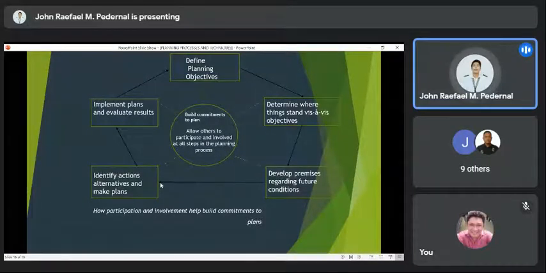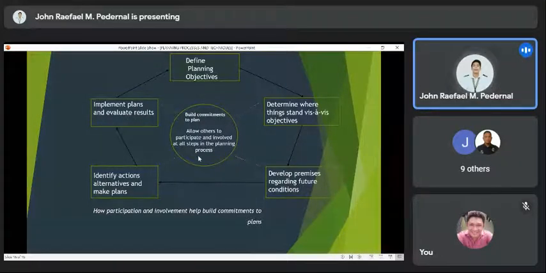Ito po makikita natin yung how the participation and involvement help build commitments to plans. So pinakagitna po yung build commitments to plan. Allow others to participate and involve at all steps in planning.